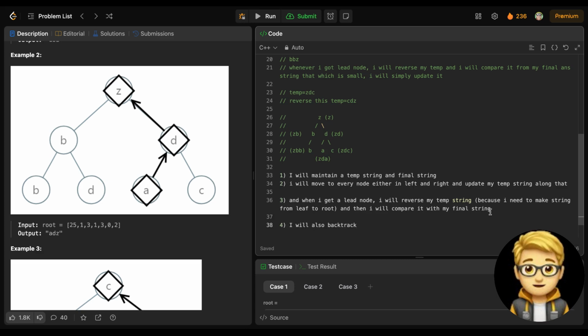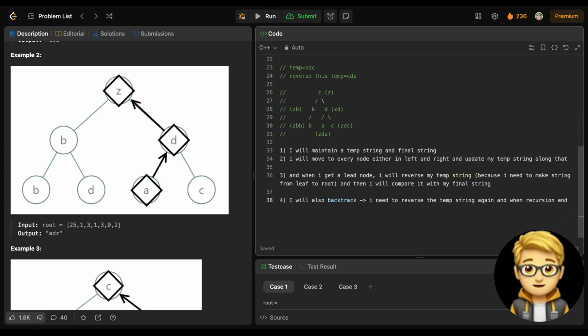Because I have reversed this temp string, I need to reverse it back. For this, I need to reverse this temp string again, right? And also when recursion ends, when a function call ends,